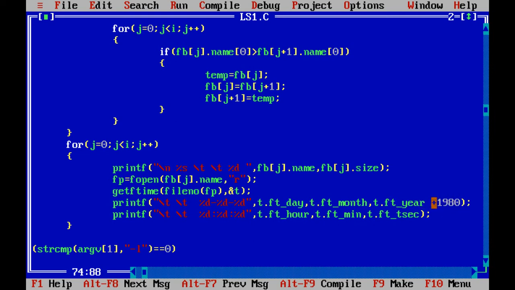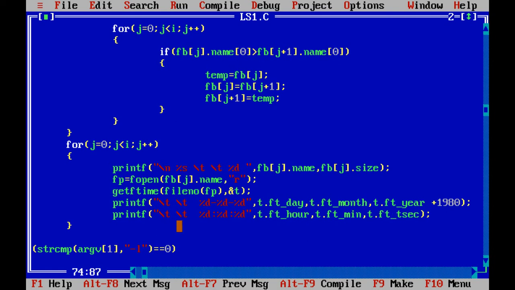We will calculate what is the day, month and year of file creation. Similarly, we will find the time of file creation by making use of the hour, minute and second functions of C. So this is the code for displaying the file name, size, day, month, year, hour, minutes and seconds.